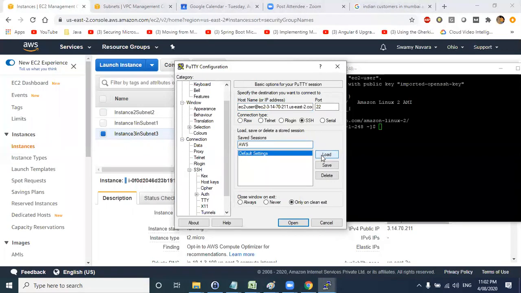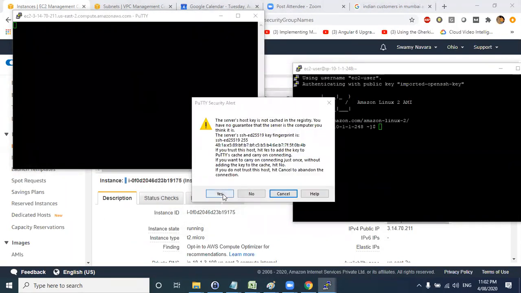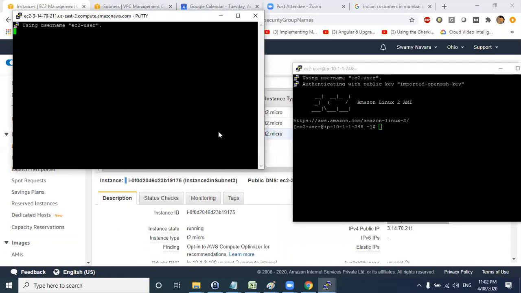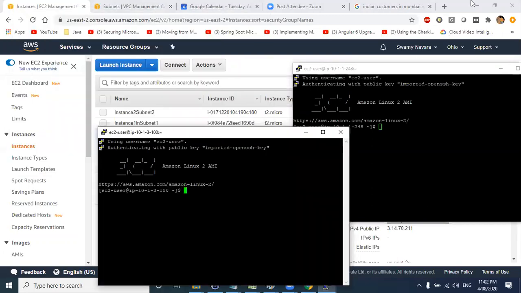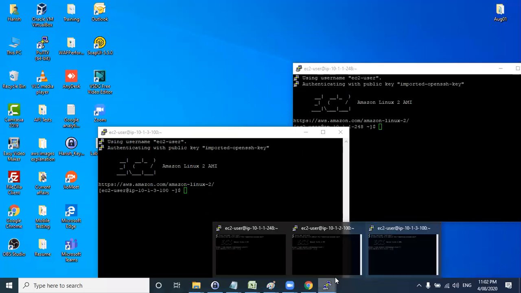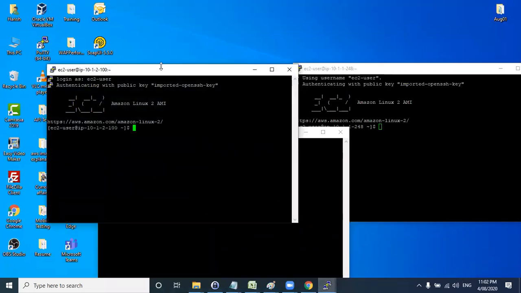Click on AWS load and save this one. So this session will be saved, and from next time you can use this session. Now you have all your machines ready.